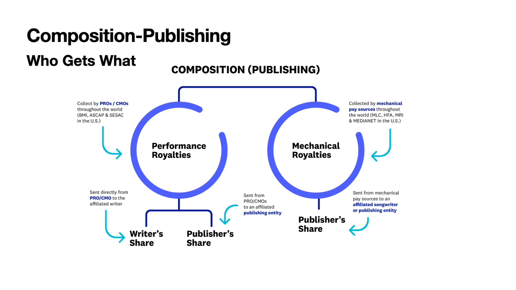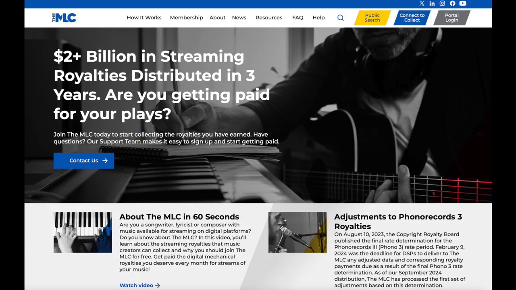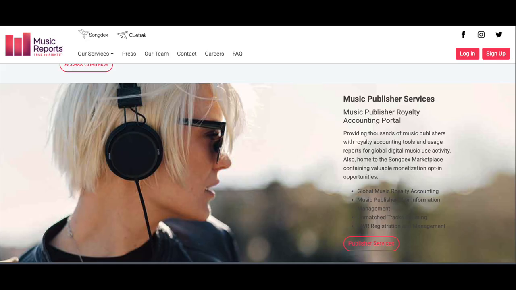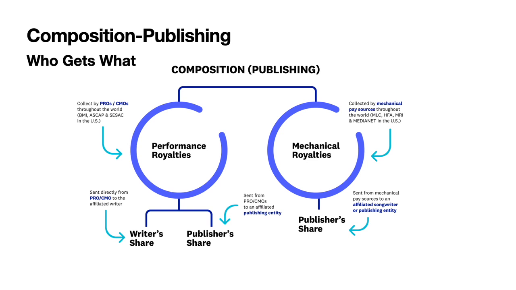A CMO can collect both performance and mechanical royalties. And in order to get more mechanical royalties, we need to send that publishing hound dog to go get it. In the United States, they need to get it from the MLC, the Mechanical Licensing Collective, HFA, Harry Fox Agency, MRI, Music Reports Incorporated, and MediaNet. Once these registrations are established, you are now secure in the collecting part of your royalties.